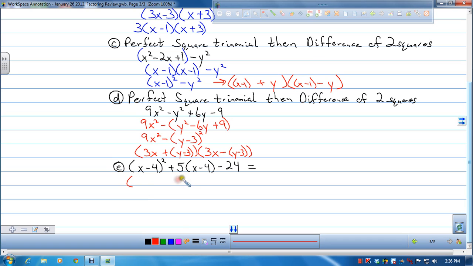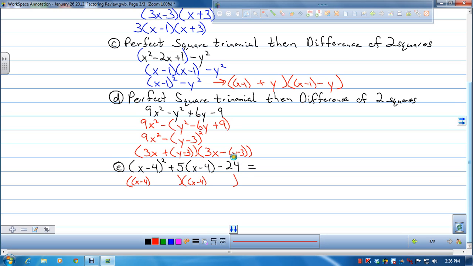So my first term is going to have to be x minus 4, right? X minus 4. And then I have to find two numbers that when I multiply them I get a negative 24, and when I add them I get positive 5. Hopefully you were all taught factoring that way. So what can I multiply together to get negative 24, yet add and get 5? Right away,